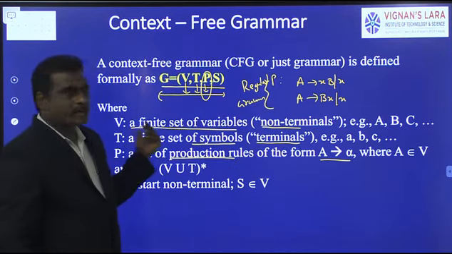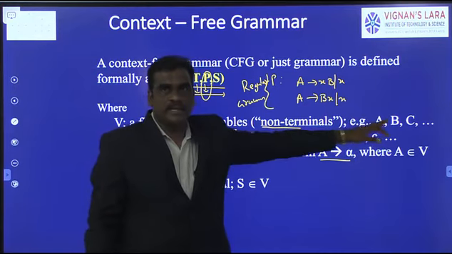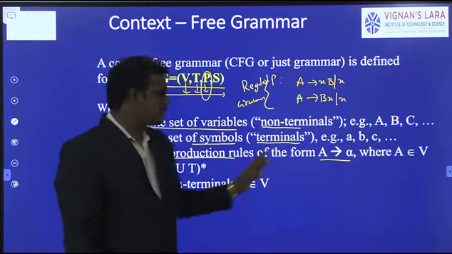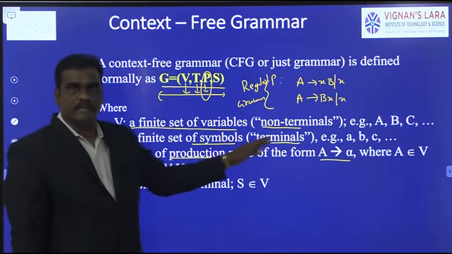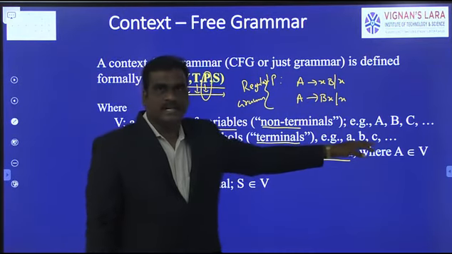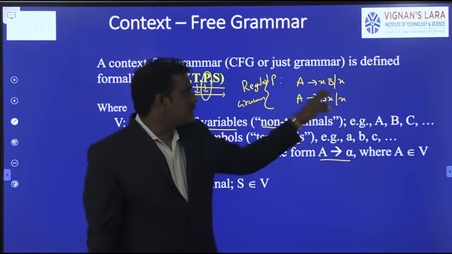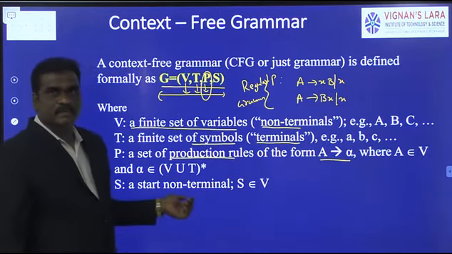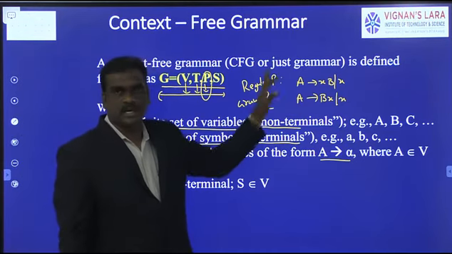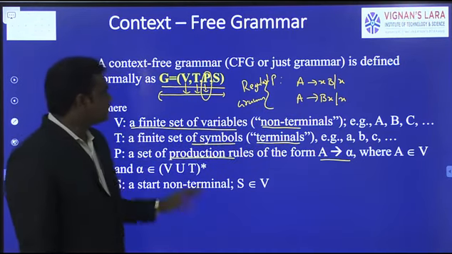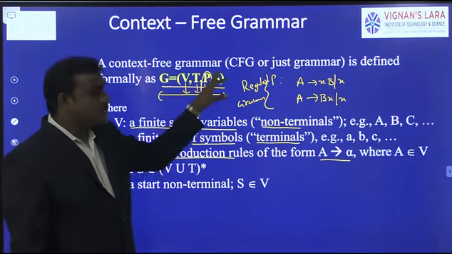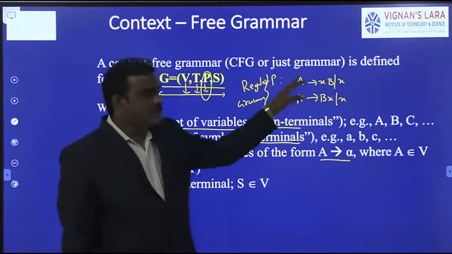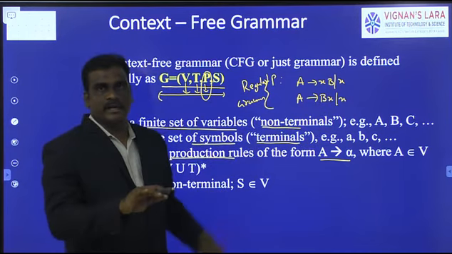What is meant by variable? The capital letters we can call a variable. Suppose A, B are all variables. What is T? T means terminals. Simply, the lowercase letters we can call a terminal. Suppose here x is a terminal symbol. And next, S is the starting symbol of the grammar, so here A is the starting symbol of the grammar. Out of these 4 tuples, 3 tuples are the same, only the difference is P. So in a regular grammar, the productions are defined as either right linear or left linear.